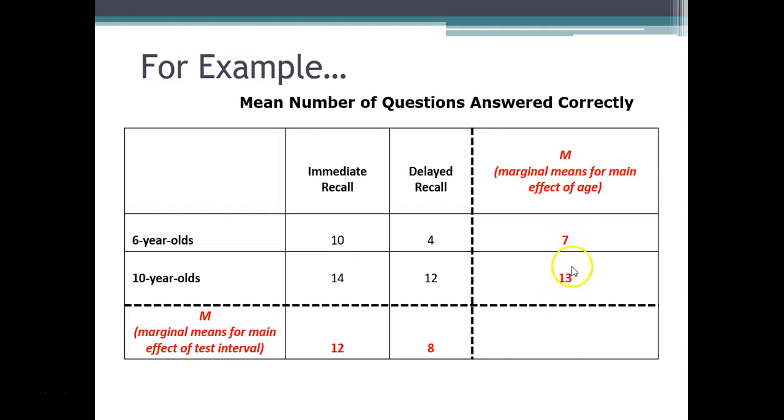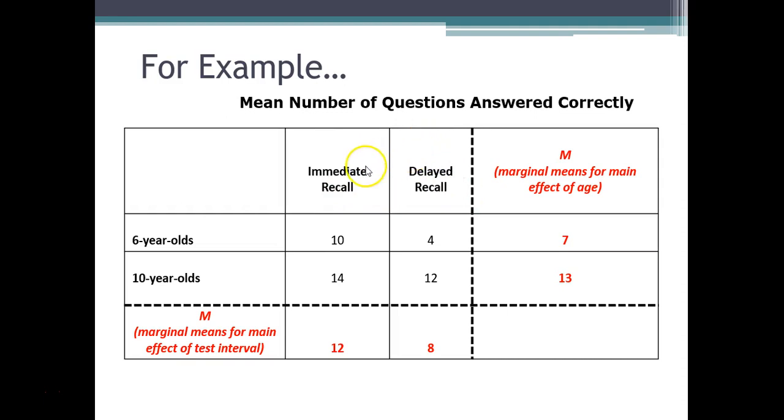And so because these numbers are different, we would say we have a main effect. And what's the main effect of age? The main effect of age is that 6-year-olds tend to perform more poorly on a memory test than 13-year-olds. Okay, and we also need to then look at the main effect for test interval and compare immediate recall versus